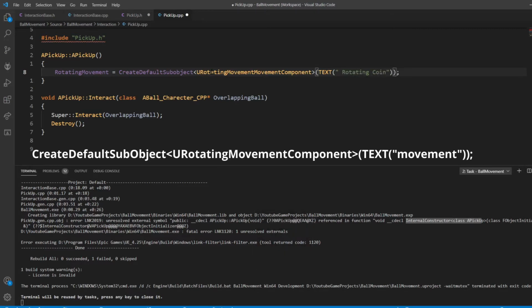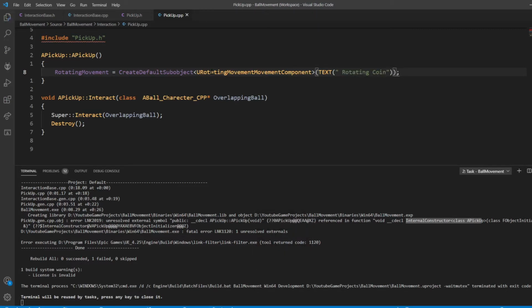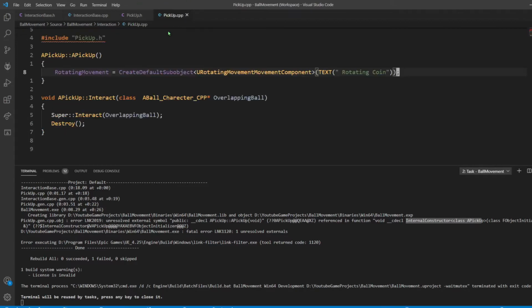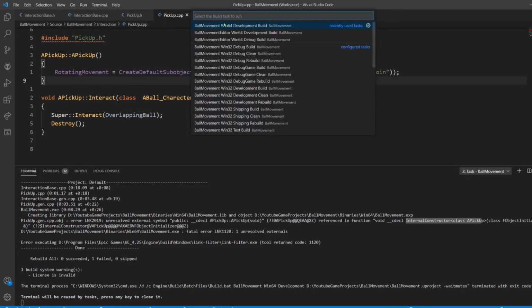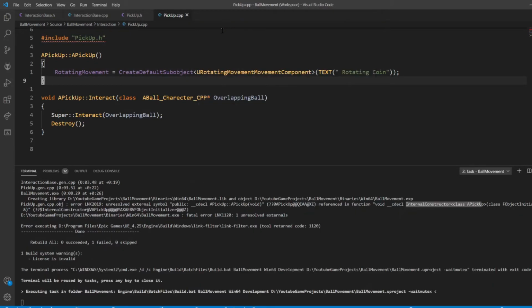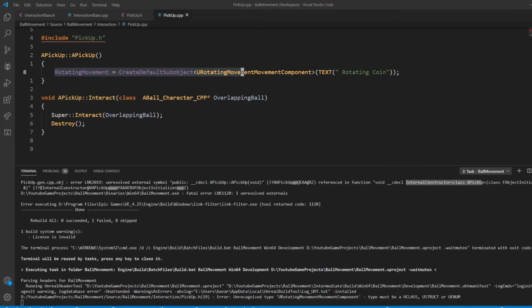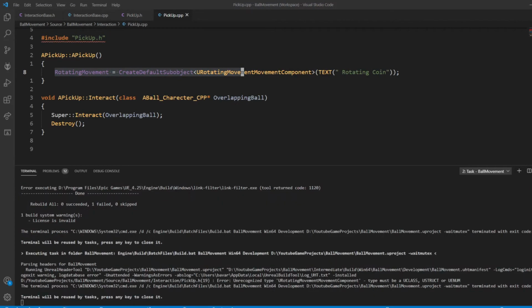Okay, so I'm gonna save that. And so now, with the code that we have in our header file, this constructor and then the rotating movement and the interact, we should expect that we'll find a coin. We'll be able to assign a coin material. This coin material will be rotating, and as it's rotating, once we interact with the coin, it should be destroyed